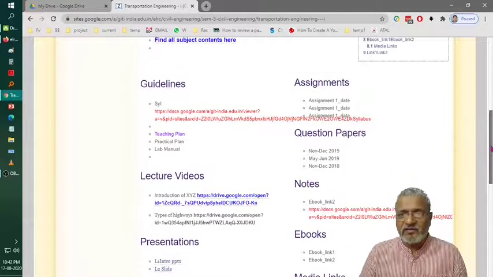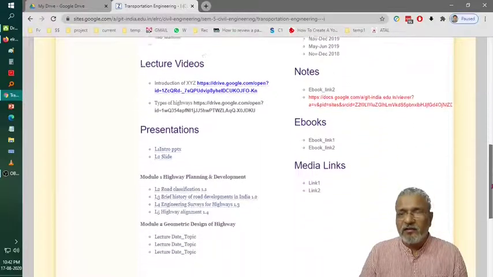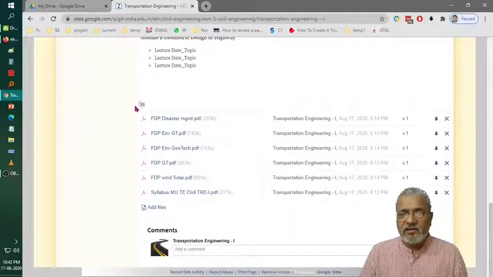As an ELRC, we are supposed to update syllabus, 40 lecture videos, 40 lecture presentations, I think. Then a number of assignments, 8 to 12, question papers, notes, ebook, and this is the facility given in the Google Site. All the documents can be uploaded in the add file menu. So here, if we keep on adding, and if we can insert this link into the individual above options, that means in the individual lecture or PPT we can use these links.